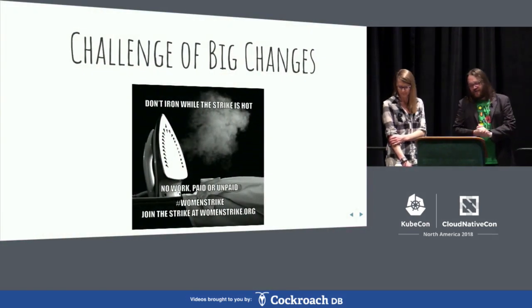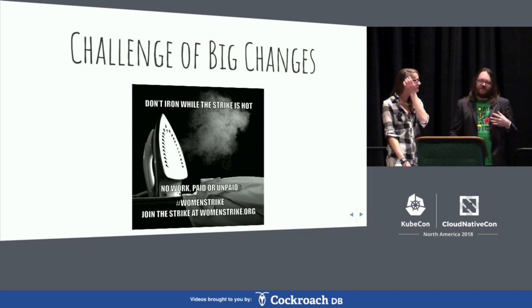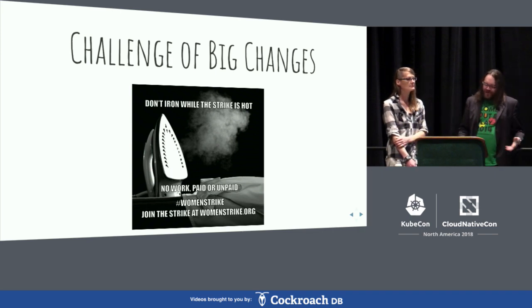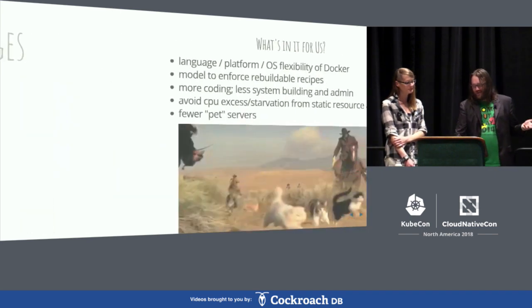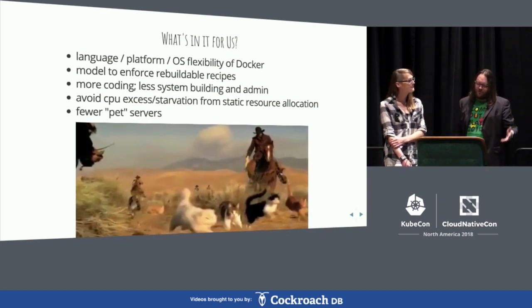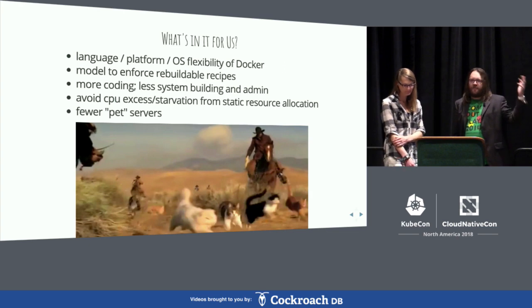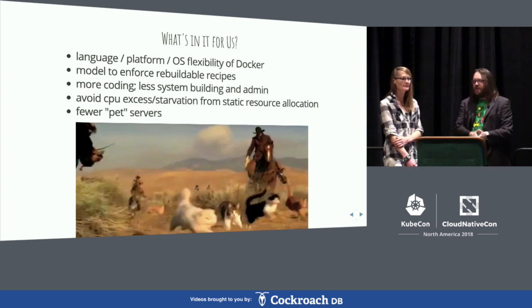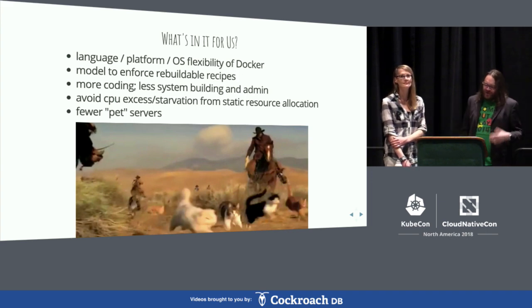Any big change is not necessarily going to sit well with all of your colleagues. Figuring out what everyone's pain points are, wrapping all of that up to answer the question, well, what's in it for us? We had a pretty good idea, we'd been using Docker for a little while. We knew that we have ways of packaging our PHP monolith, but new stuff comes up. It's nice to be able to reuse tools if you can, but new build chains, new things.